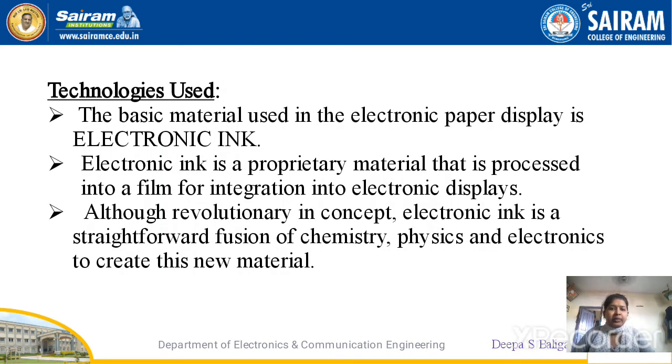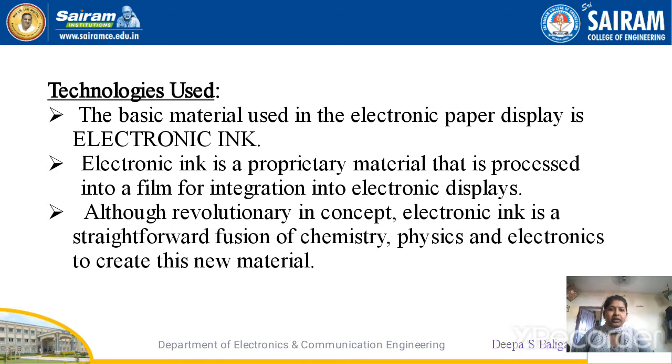This is the technology used, and the basic material of the e-paper display is called electronic ink. The construction of e-paper: basically, an e-paper can be divided into two different parts, the front panel and the back panel. The front panel consists of the electronic ink and some other layers like Gyricon, and the back panel is the electric circuit. To form the electronic ink display, the electronic ink is printed onto a plastic film, which is laminated over the layer of circuitry.